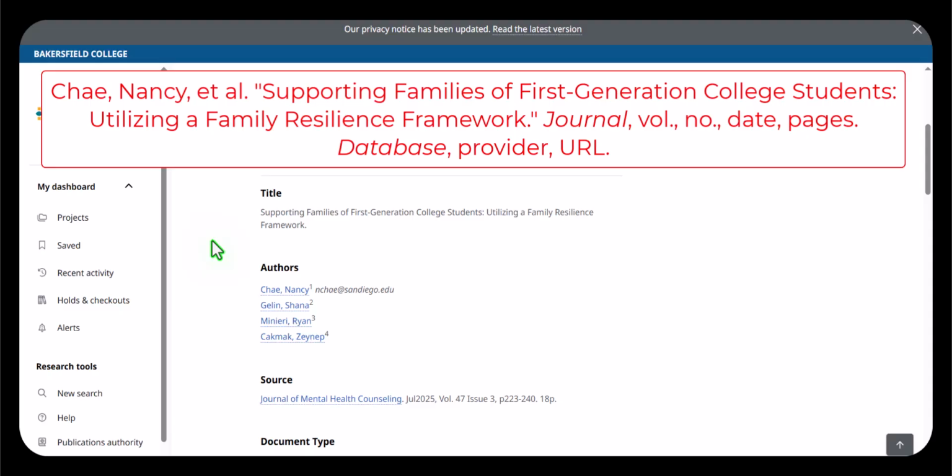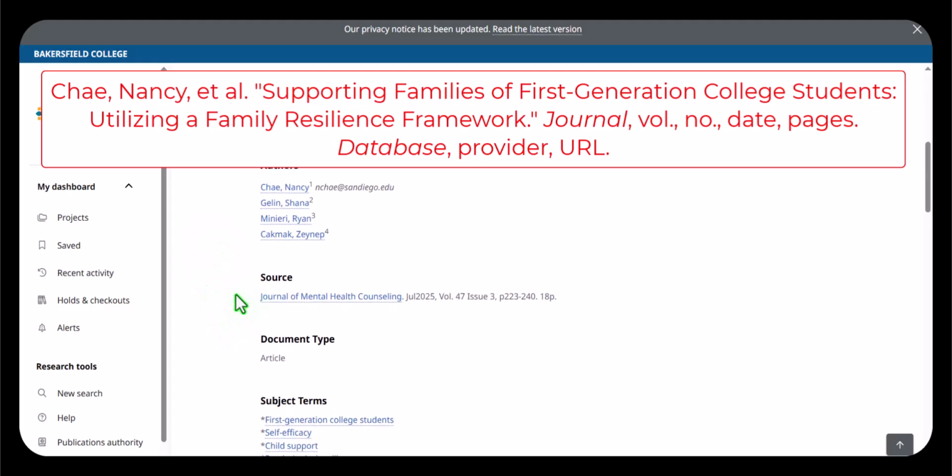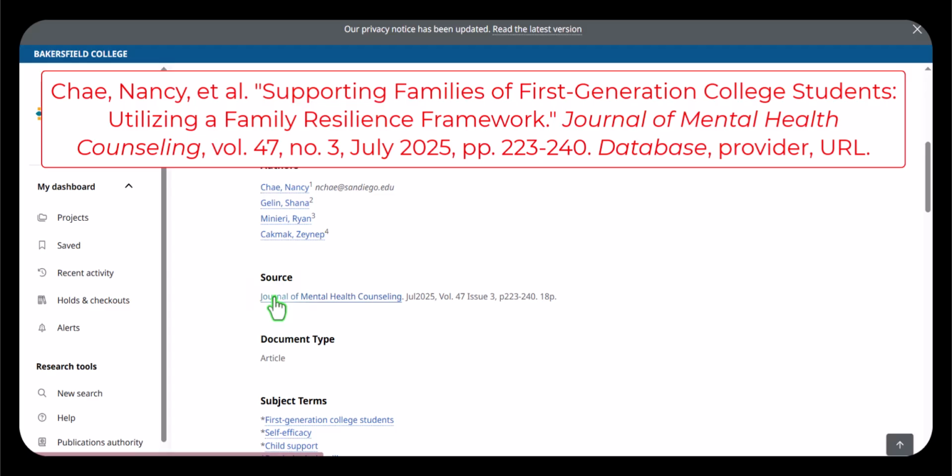Next, we have to put the journal information. And if we scroll down, we can see the source information here. It is found in the Journal of Mental Health Counseling. It was published in July of 2025. We have the volume number, which is 47, and the issue, which is number 3. We also have the page numbers. This particular article starts on page 223 and concludes on page 240. So all of those pieces of information are crucial. The issue number is written as NO period, so number, in the works